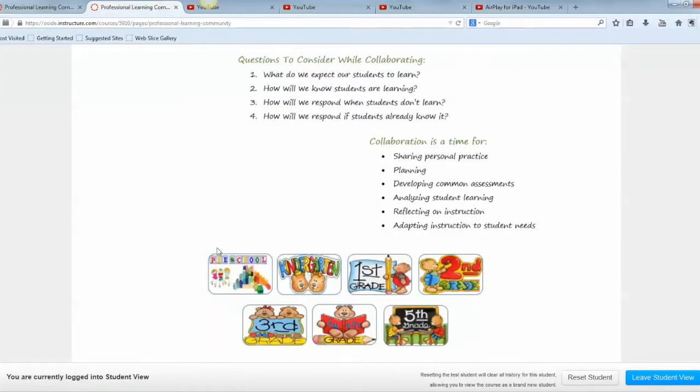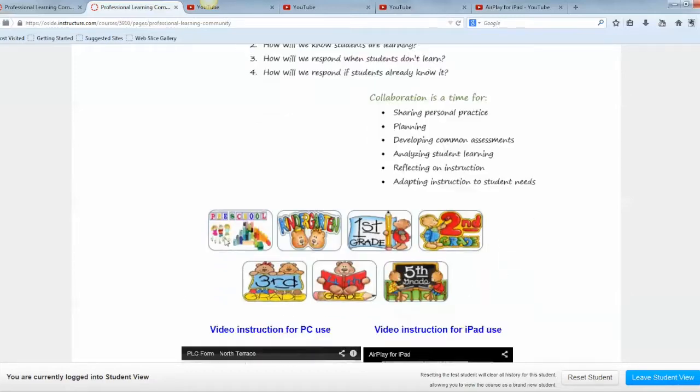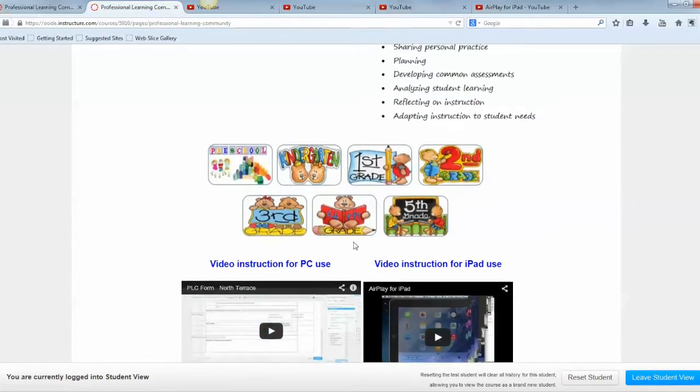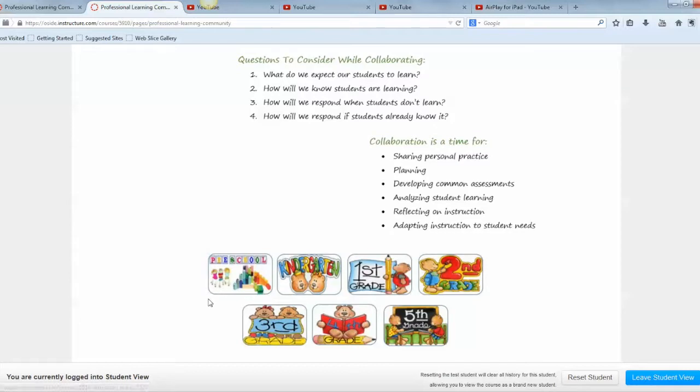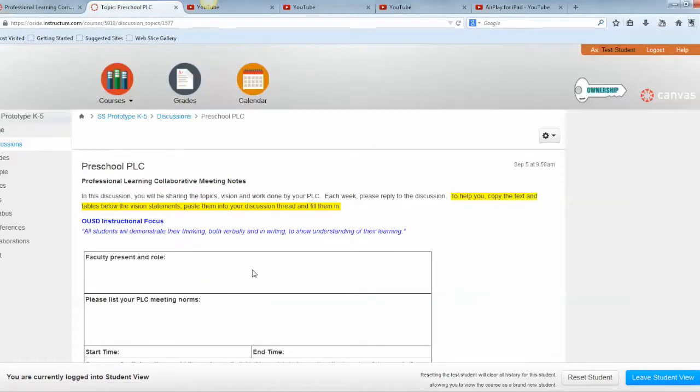So here the grade level is just for pre-K to 5. You may have something a little bit more complicated, but as you scroll down some more, there will be some instructions for PC use and instructions for iPad use. So click on those depending on what you need. This is the one for PC use, obviously. And when we click on, let's say, preschool, and I want to submit my notes,